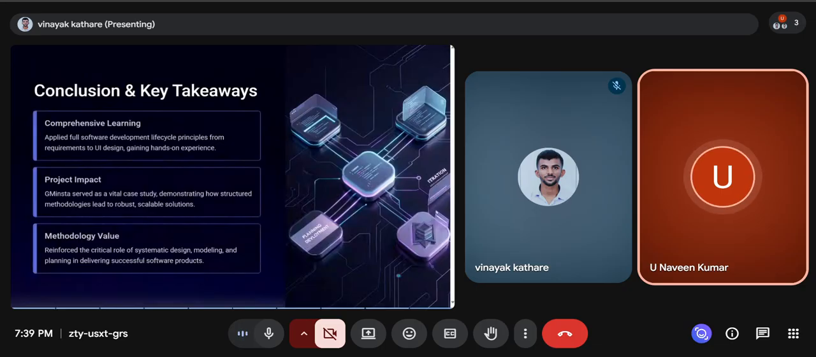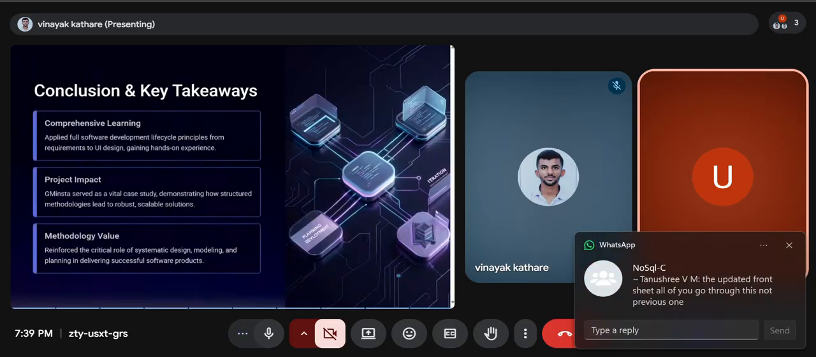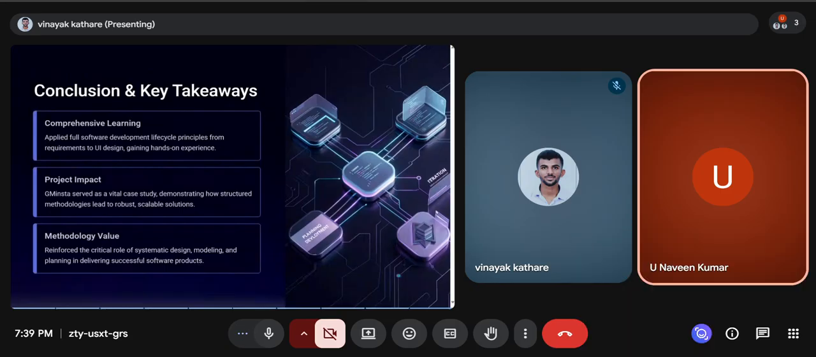Next slide we have conclusion and key takeaways. Here, comprehensive learning means what? Applied full software development lifecycle principles from requirements to UI design and gaining hands-on experience, meaning you will learn the full